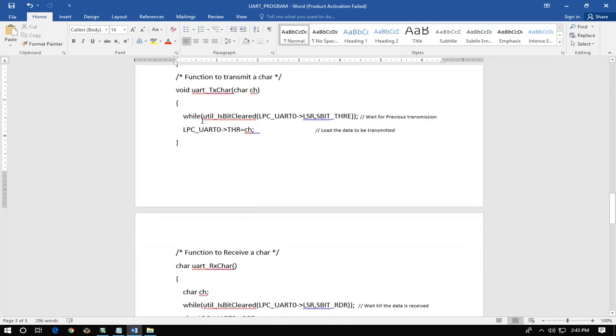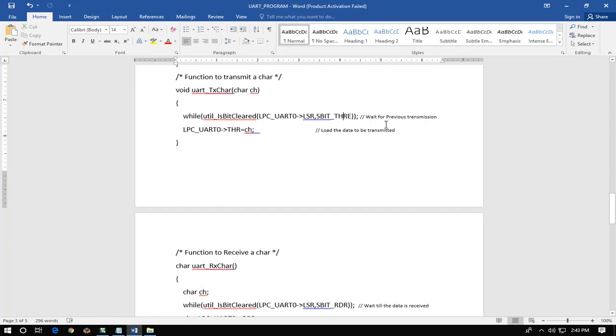After that, the functionality is written for transmitting a character, which has the name UART transmit character, and it will pass the 8-bit character ch. That function first checks, while the THRE bit is cleared, whether the THRE bit is set. Once this is set, it will wait until the previous transmission is done.